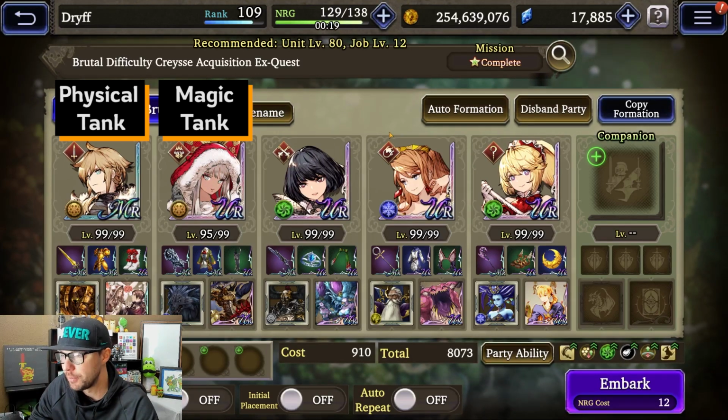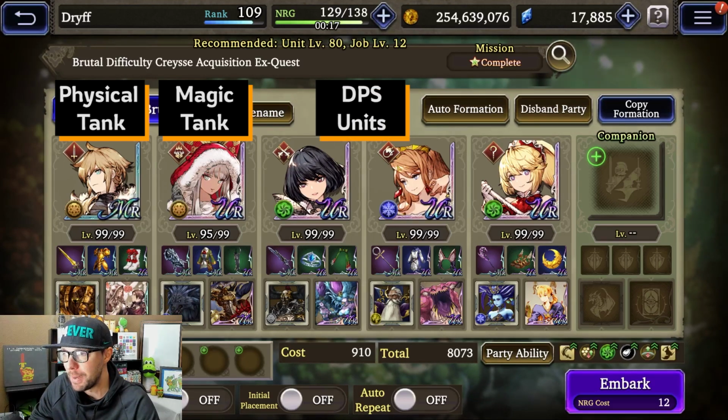Slots 3 and 4, these are going to be your DPS units. I'm using Mediena. Everyone has Mediena. Lucia is only for that quad shot to complete that mission, so you can use whatever. Double gunners probably make that mission a lot easier, but your DPS units need to be able to make that